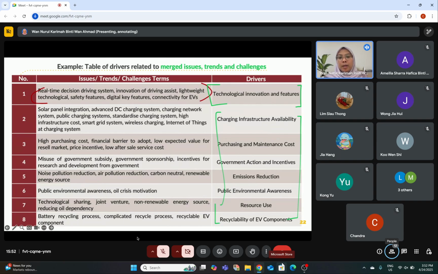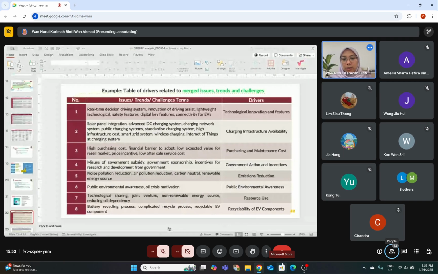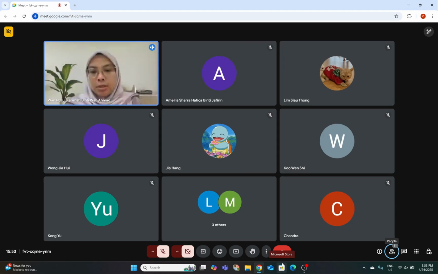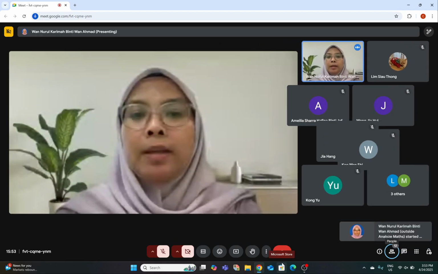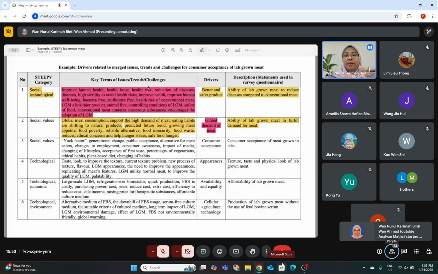An example in a table is the one that I showed you earlier, which is this. Mana? Okay, it is stable. This is to summarize everything lah. These are the key terms from the summary table of issues, trends, and challenges. When you combine all the key terms, you categorize it into one main driver, and you describe the driver further. You use this